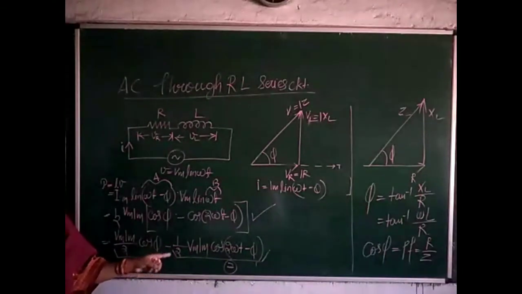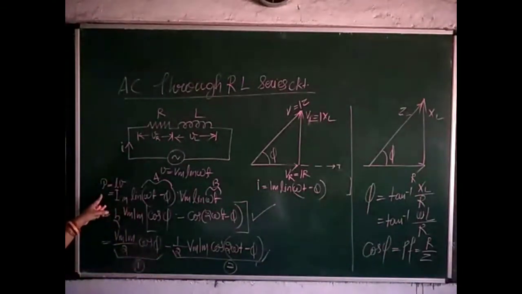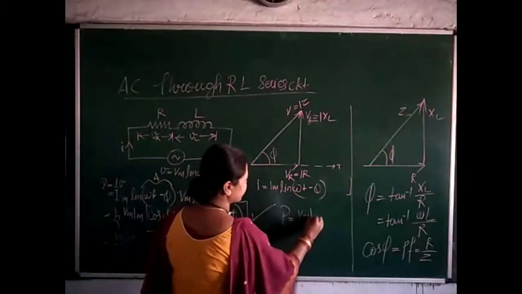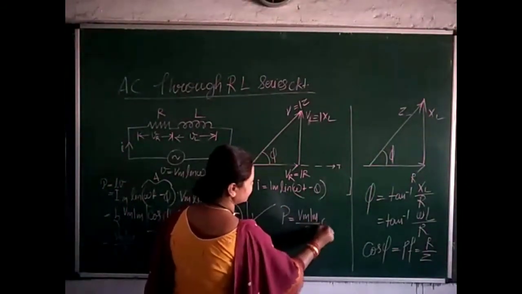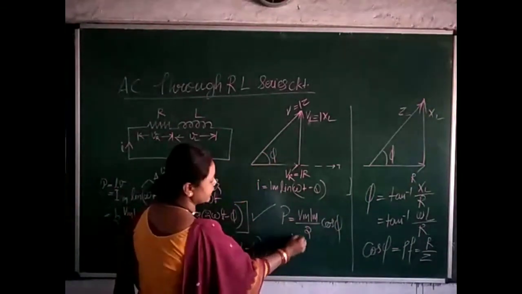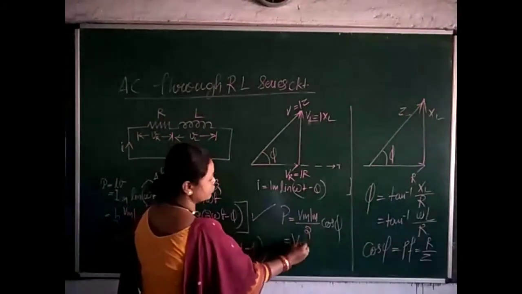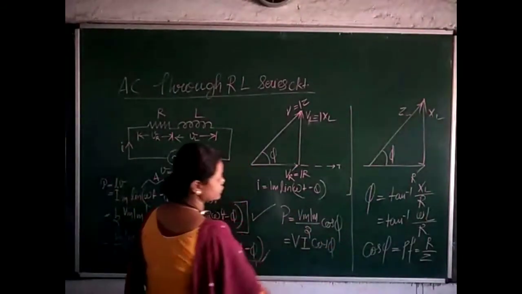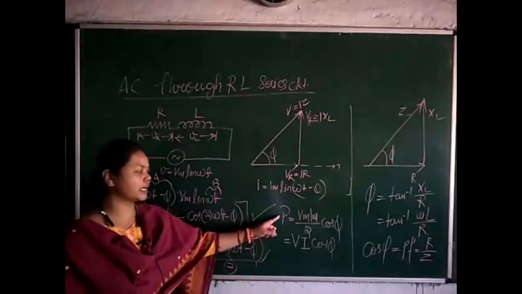So the average power consumed by the RL series circuit is the first part only, that is P is equal to Vm Im by 2 cos phi. What is Vm by root 2? It is the RMS value of voltage. Im by root 2 is the RMS value of current, cos phi. So finally you get the average power consumed by